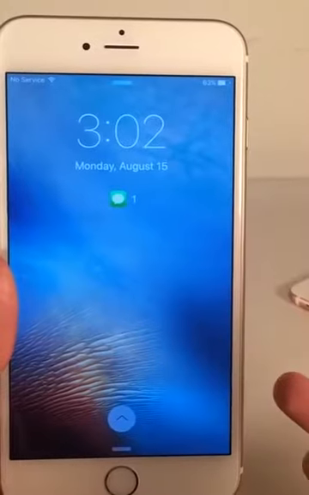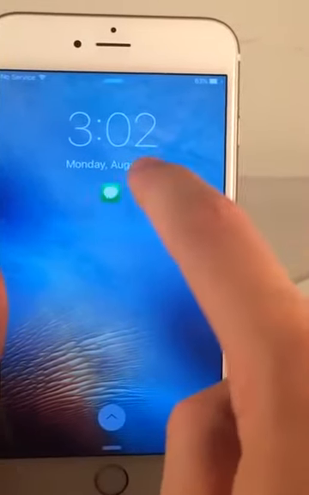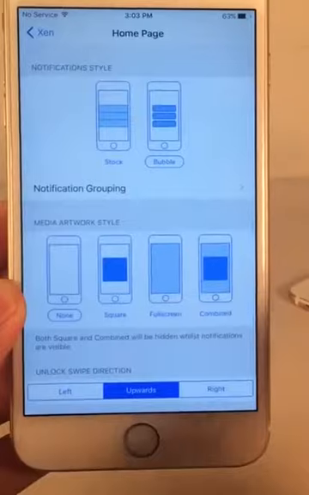So if I had another application that was giving me notifications, I could tap to switch, and of course I could also expand and collapse them, as you can see right there. So very nice look, very nice design, very good function. So let's go ahead and go back out here, and I want to show you guys some of the medium